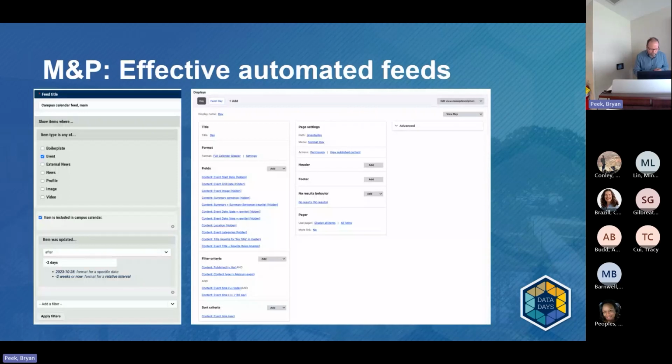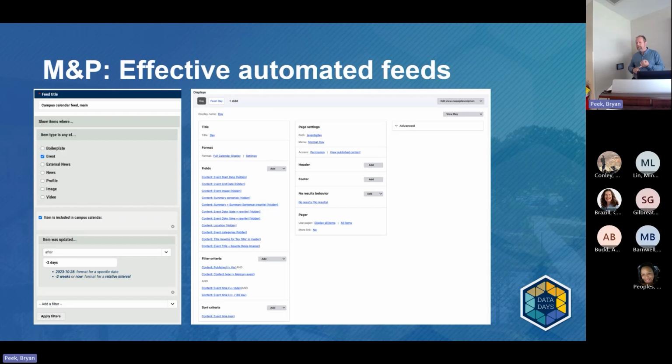Also, because the automated feeds both create duplicates of the items on your local website, you can apply whatever mechanisms are available as you would any other content in that CMS, Drupal. So that means you can create a view and you can order things however you like. This is actually the calendar view shown here. I'll come back to that in a second.